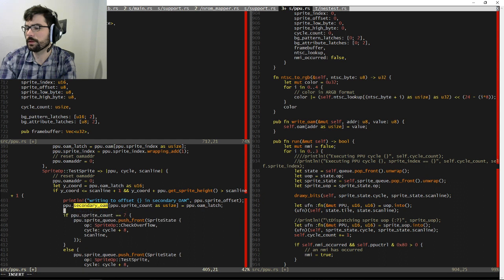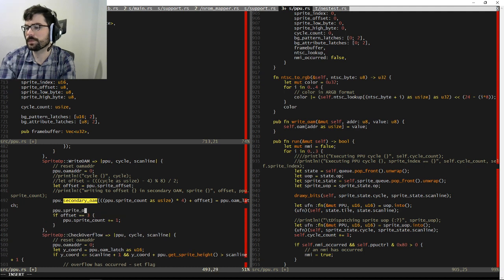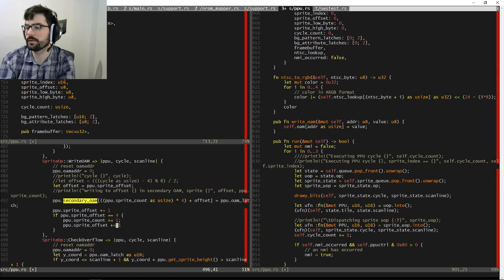Oops. And then we're going to do sprite offset plus equal 1. And then here, CPU.sprite offset plus equal 1. If sprite offset equals 4, increment that, set this back to 0. And hopefully that'll work.